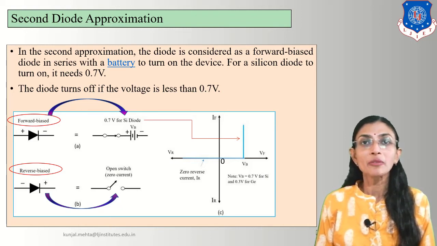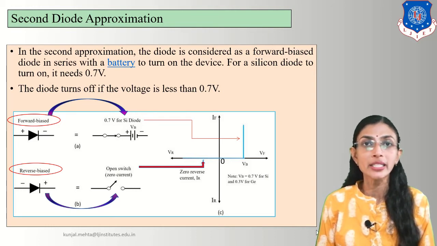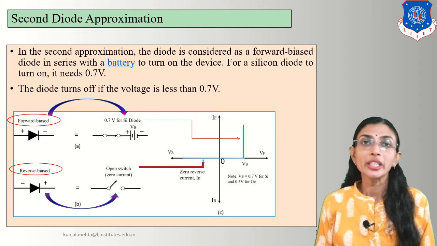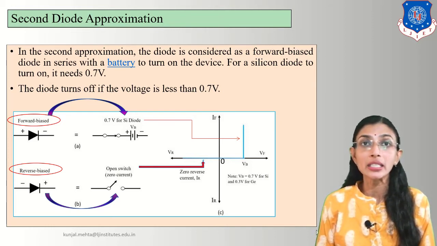So look, this is the VI characteristic graph of voltage versus current. In forward bias connection, you will get the maximum output current due to the short circuit of the diode, but after 0.7 volt. And that is also known as the knee voltage or barrier potential of the diode. Thus, dear students, in the second diode approximation, we are considering the practical diode, that is the silicon diode, and we are considering the battery voltage, that is 0.7 volt, as the barrier of the diode.